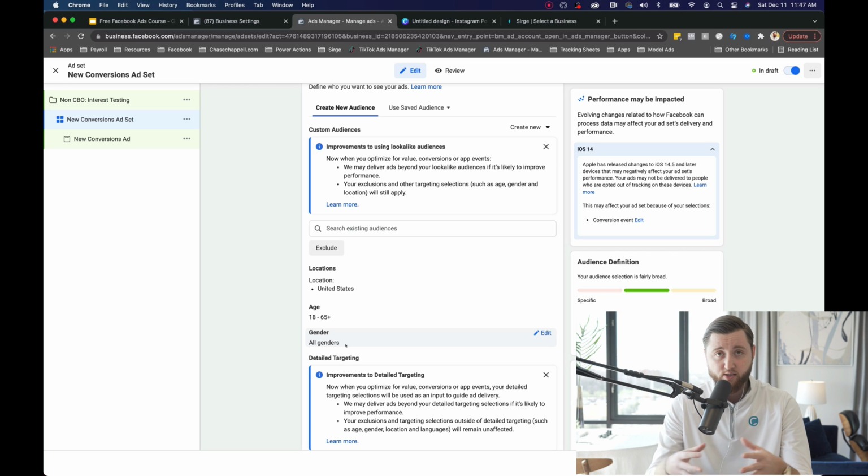So there's a lot of use cases here where a lot of individuals might think that they should choose a specific age and gender, but they forget about the fact that there's gifting, there's individuals who are buying for specific occasions. There's a lot of other factors at play here. So we're going to allow the algorithm to identify those situations for us and optimize in getting us the best